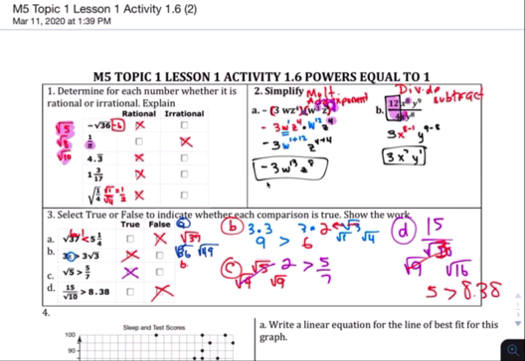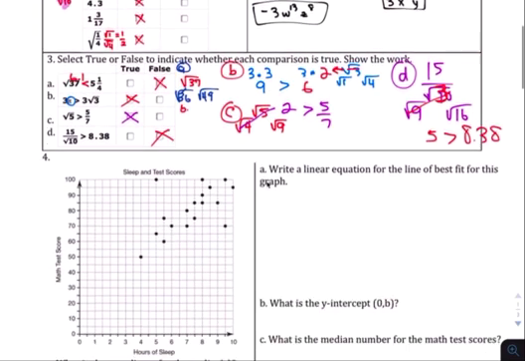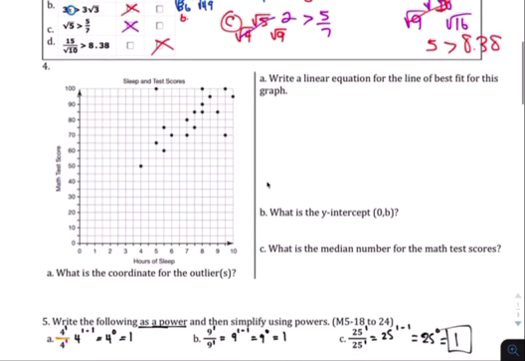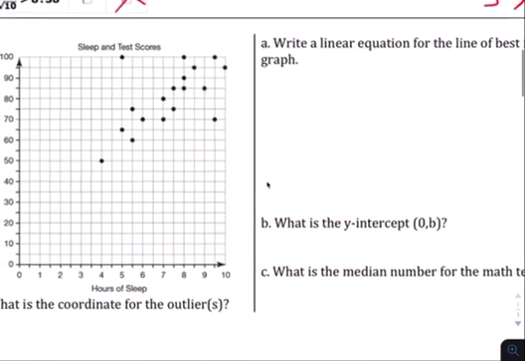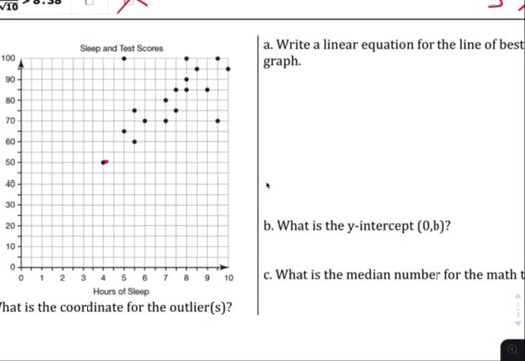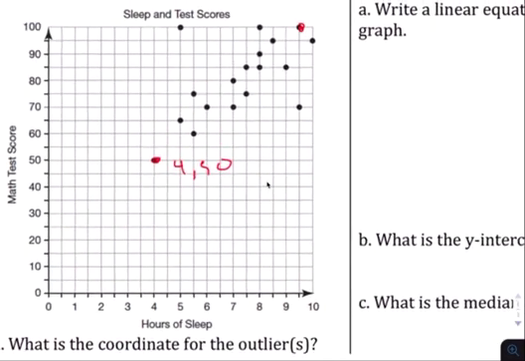Here is your homework. Most classes we didn't do this one, so make sure you draw your line of best fit. So I'm going to take this point, which is 4 and 50, and go to this point, which is 9.5. That's not a good one. If I don't like 9.5, I'll choose 9. Put a dot right there, choose that dot, and draw my line of best fit